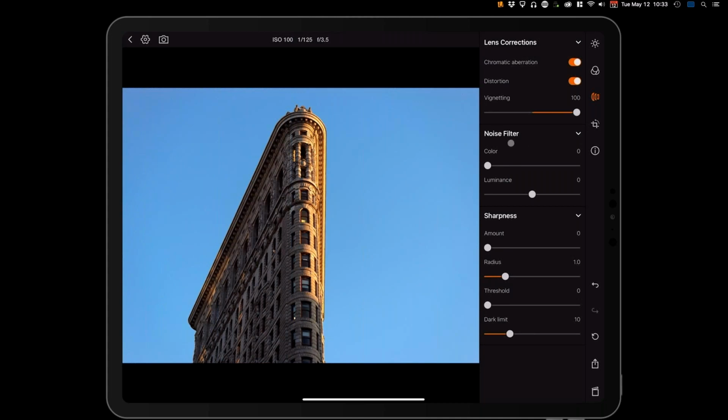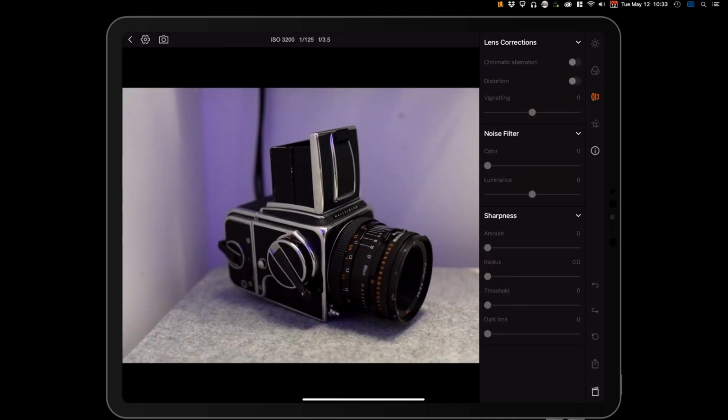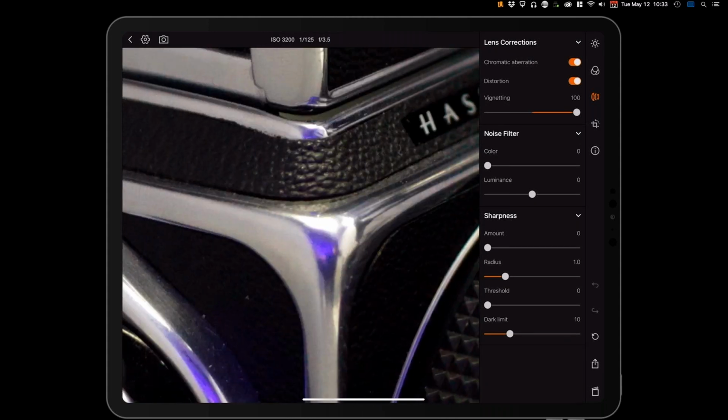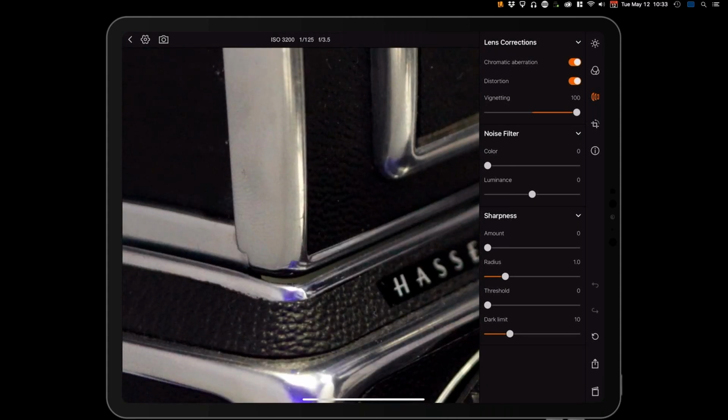The noise filter, let's actually scroll over to an image that was shot at a higher ISO. And you can see here that I have the ability to adjust both color and luminance noise or color and brightness noise. So if I zoom into an area of detail here, firstly, I'm realizing that I do have to clean my own camera. So that is something that I promise I will work on afterwards, along with luminance noise here. So because we shot this at ISO 3200, there is a bit of color noise in there, but we can very easily tune that out.